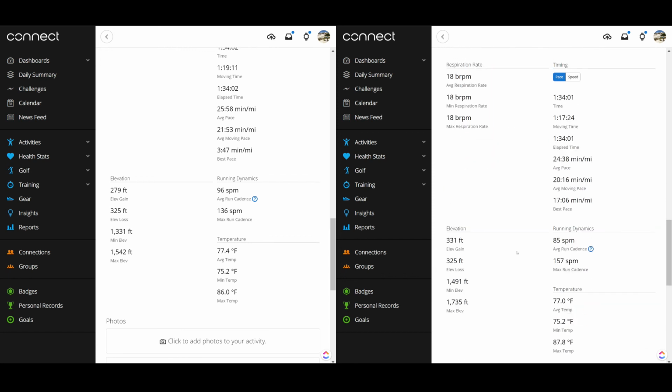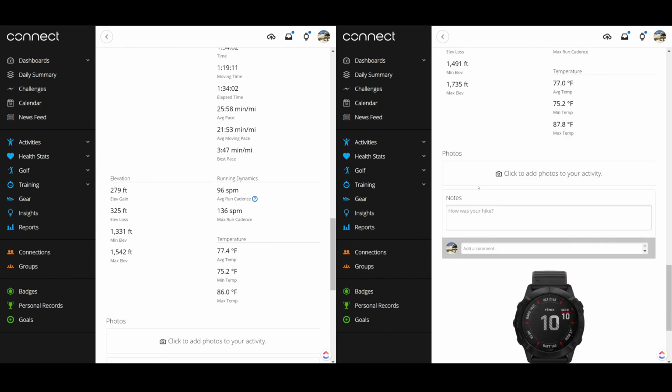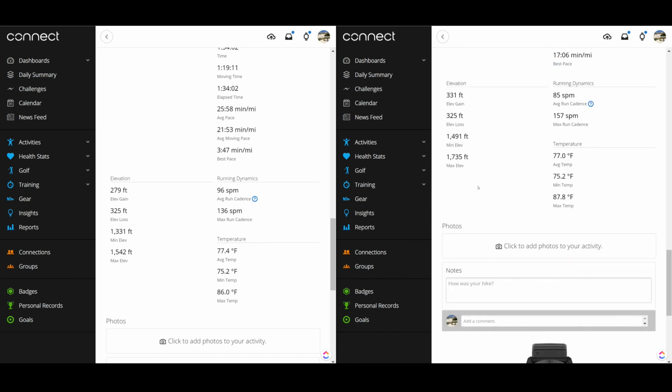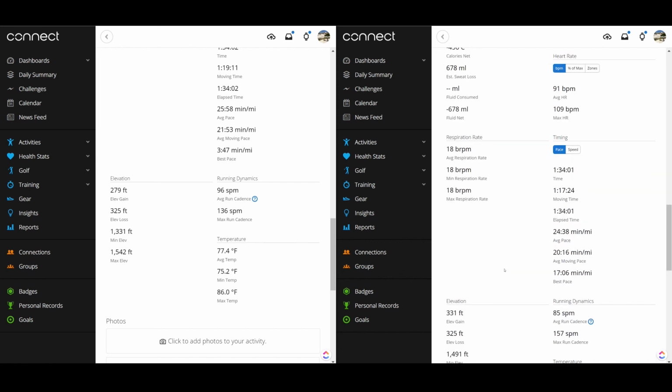We could look at elevation plot, and there is about a 50-foot difference in the elevation gain. So again, I would assume that the 6X is more accurate with that. And comparing it to the maps that I had on my phone, the 6X would be more consistent to what we actually did. So hopefully that gives you a pretty good overview of the differences between the 3HR and the